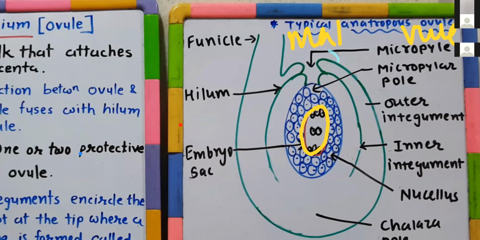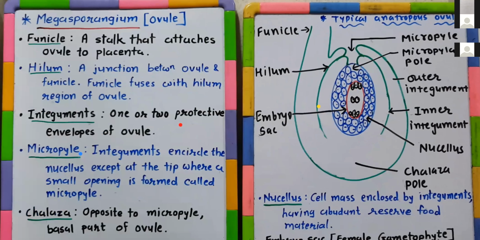The last aspect regarding this: ovules can be of different shapes, and based on their shapes and arrangements, they can be of different categories. Six to seven different categories of ovules are there. It's a topic of self-study, the types of ovules based on structural aspects and arrangement. That's needed for NEET exam preparation. So those who are preparing for NEET should go for it. The others should avoid it.